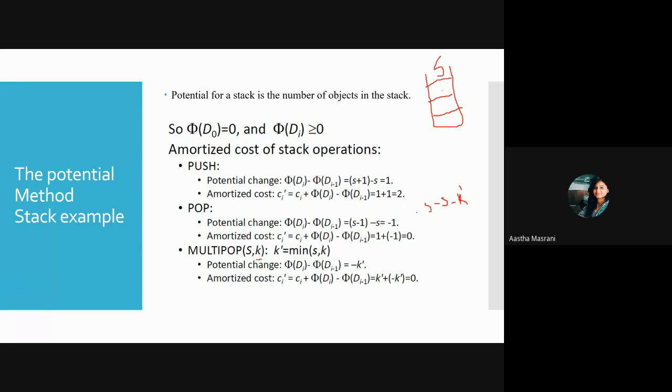Whenever a question is asked in the exam about amortized analysis, you need to write down the 3 methods and 1 example of stack. That's it. It is total theory. If you don't show the calculation, it is fine. You need to just explain the example in theory form. For the potential method, you need to write down the formula for finding the amortized cost. That's it.